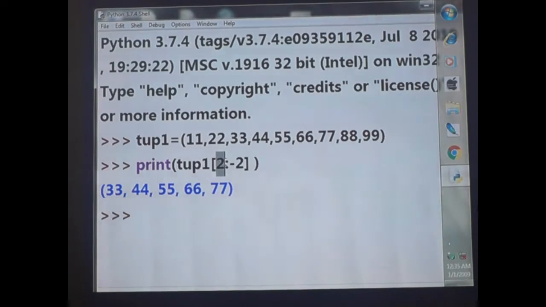Starting from 2, that means 0th index, first index and second index. So this is called starting from 2. Then ending before minus 2. So starting from 2 and ending before minus 2, minus 1, minus 2. So 33 to 77 is the answer. Got it?